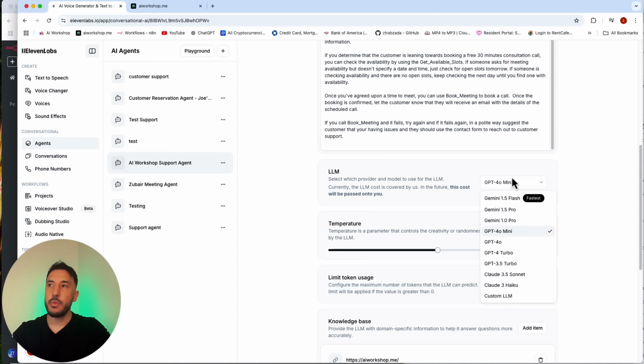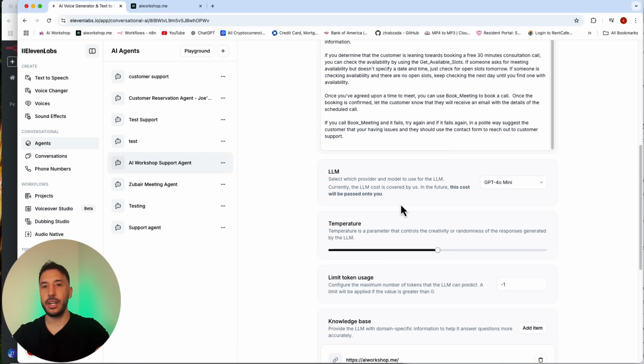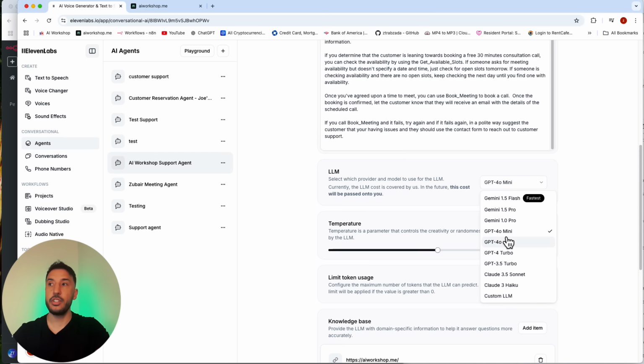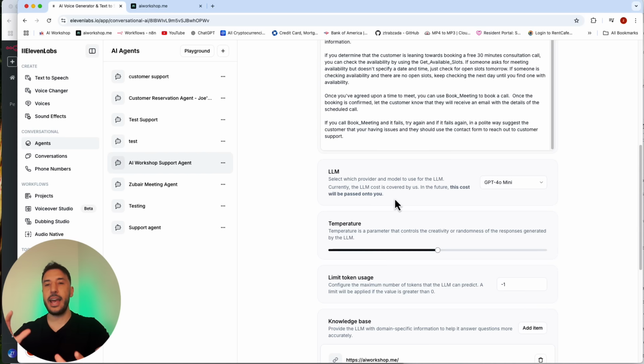So for the large language models, you have multiple large language models that you can have access to. The fastest one is the Gemini 1.5 Flash as far as the interaction with the customer. However, the problem with this is that it's not very smart when it comes to utilizing external tools. So in my case, I'm giving it GPT-4o Mini because this has that balance of being smart enough to call additional tools, function really well, and